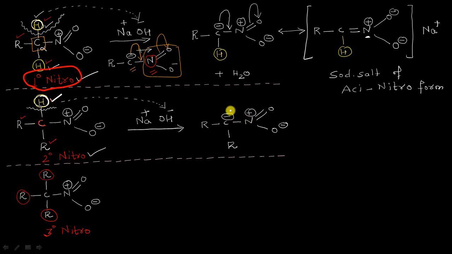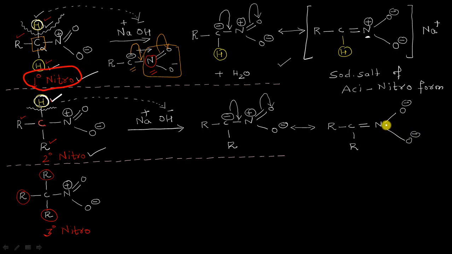And once again, we can show the resonance here like this, in the same way we have shown it here. So what will it be like? It will be like R, carbon, the second R group here. The single bond has now become a double bond. Nitrogen atom, single bond oxygen, negative. The second oxygen, negative sign here.